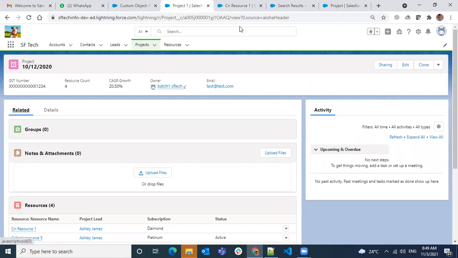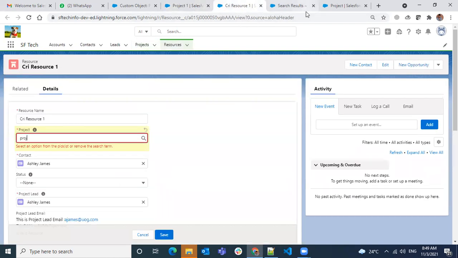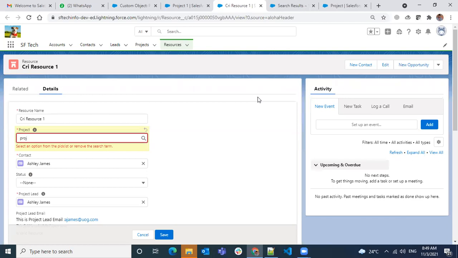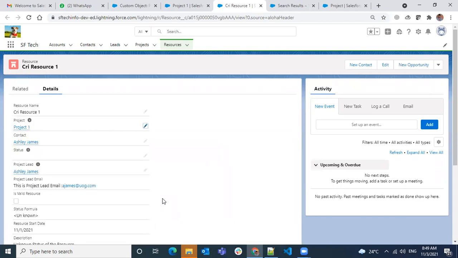Let me quickly give an introduction there. If you have any questions, we'll take them first. Otherwise, I will just give a quick introduction to the Lightning App Builder. So, Bala, the Lightning App Builder and the Process Builder, are both the same? No, not the same. Lightning App Builder is the builder to construct these pages. So yeah, I will give that introduction. Both are not the same.